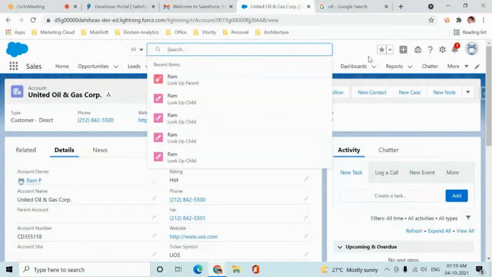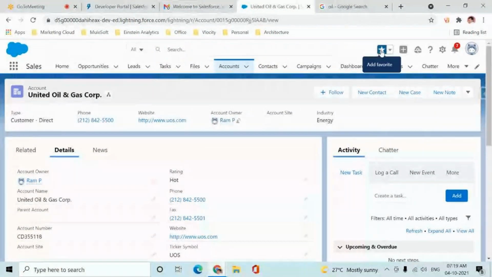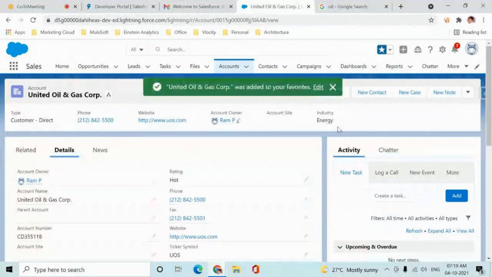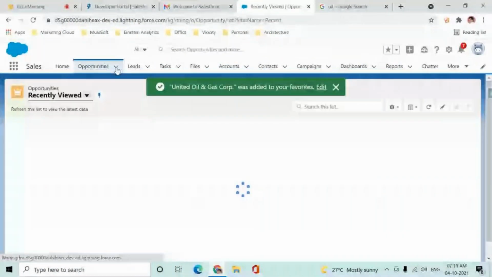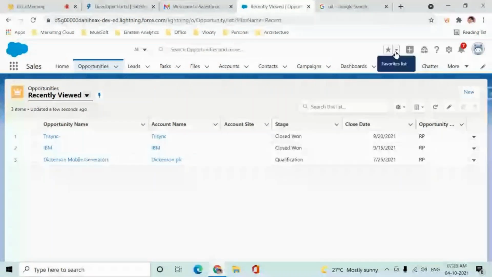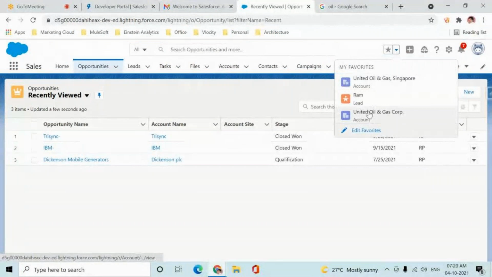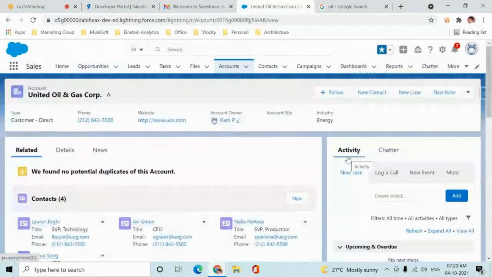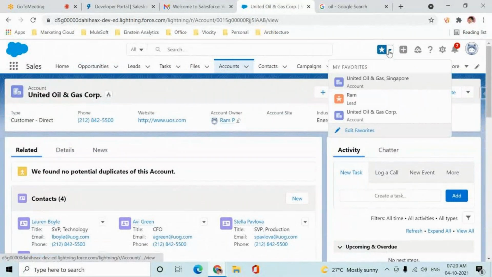Instead, what I can do is simply make this record my favorite. Next time, whatever tab or page I might be on, I click on this favorites list, open whatever I have made a favorite, and it will directly take me to that link. How many favorites can you make? I think five.